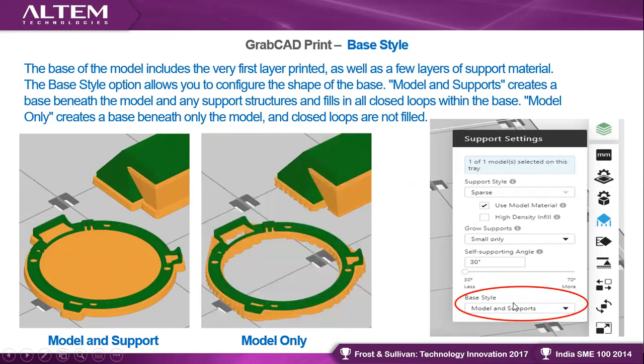I'll just open the right side images, you will understand better, right? So the center portion, actually it was a waste of material because there is no geometry at the center, right? So if you choose this model and support option here, this much material, again the support material, you will be able to see.